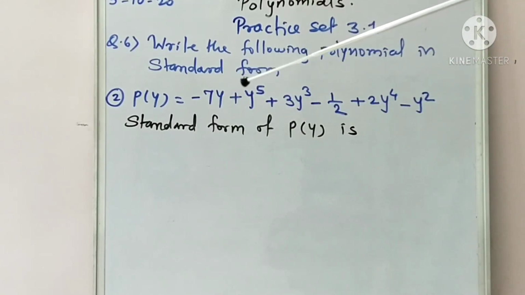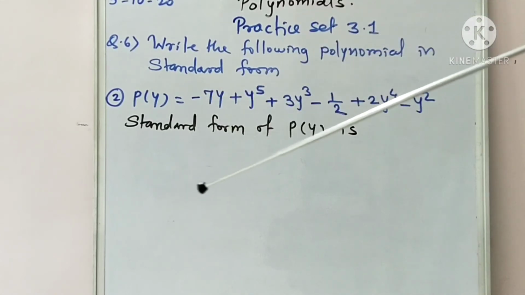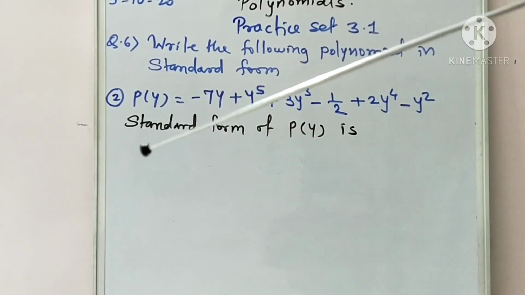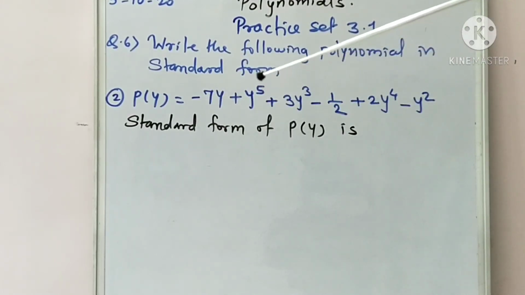That we have to write down the given terms of the polynomial in descending or ascending order of degree. Okay, so as we notice here that the highest index, highest power is 5, means we write down the given polynomial in descending order of this 5. Okay, so pay attention.